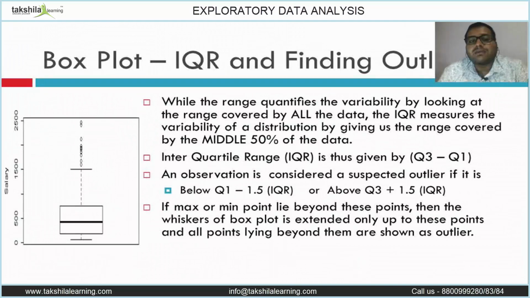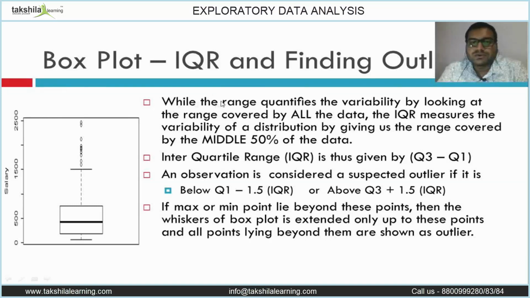Then it has the IQR and how to find the outliers. So basically here we have the outliers. The box plot has, see here, these top dot circles are the outliers. Outliers are nothing but the values which are not in the common range. Just imagine we have a range of values like 0, 1, 2, 3, 4, 5 and suddenly 10 comes. Compared to this 0 to 5, 10 is the outlier. So these values are the outliers for this particular salary variable.